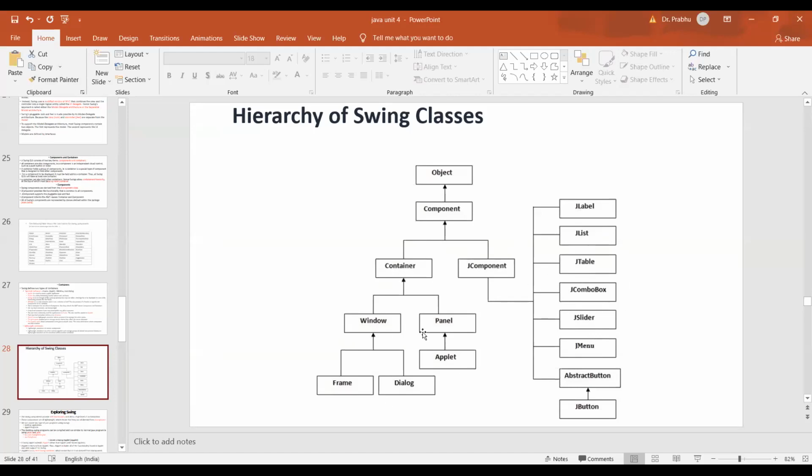These are the top level containers, and the importance of top level containers is that they will not be present in some other container. This is the main first container, or top level container. These containers may contain lightweight containers as well as components, based on the application, based on the GUI we are going to design.